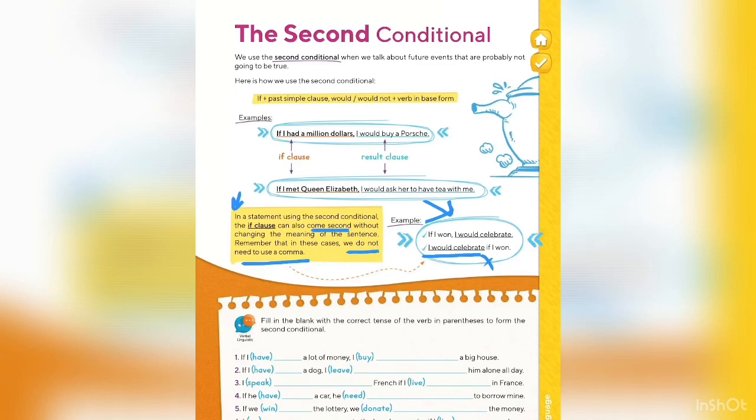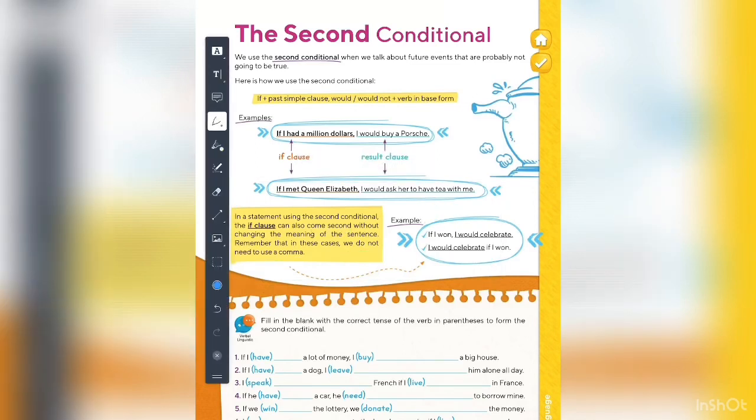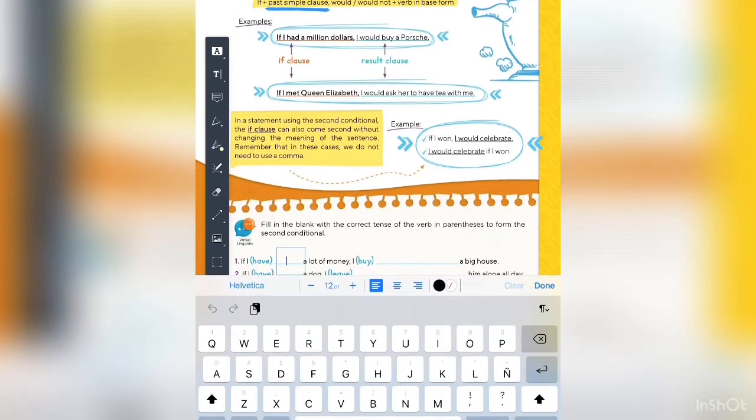Now, let's go and work on our exercise right here. Yep. Fill in the blank with the correct tense of the verb in the parentheses to form the second conditional. Remember, right here we're going to use past simple clause. So, what is the past of have? Interesting. I will say had. If I had